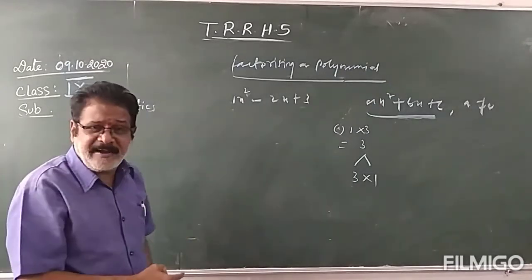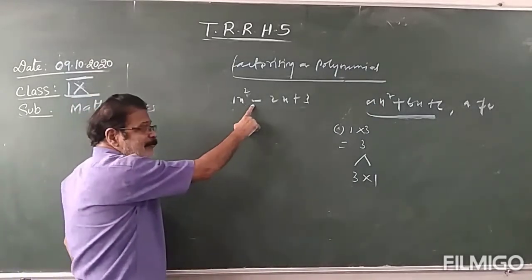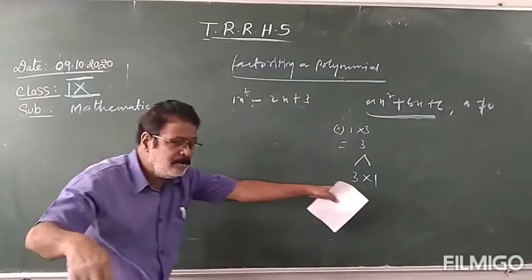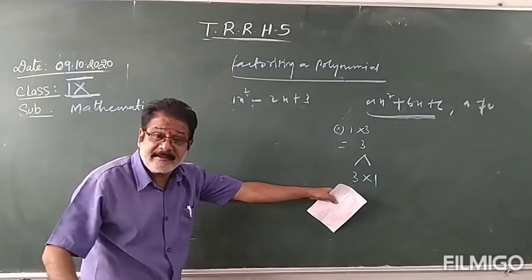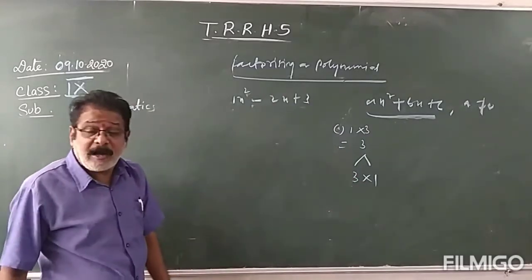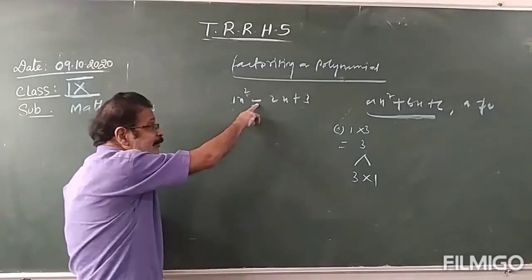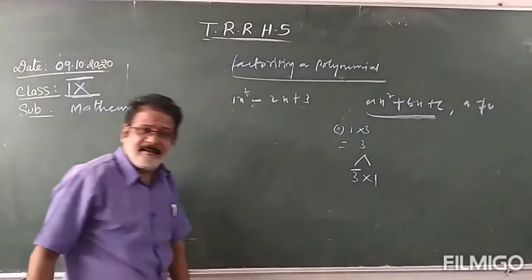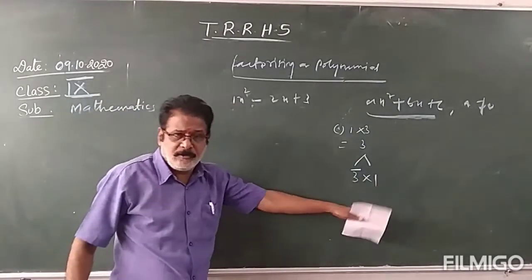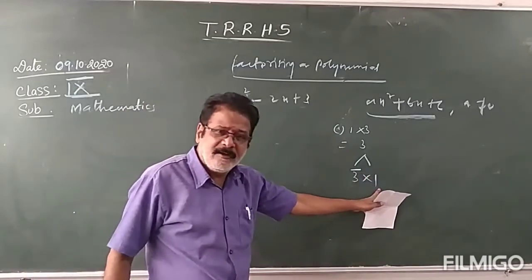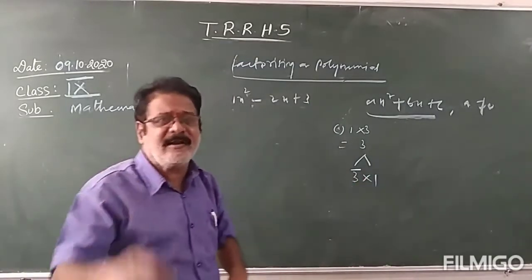3 is the greater factor. You should allot the middle term sign, whatever it may be, to the bigger, larger factor. The larger factor is 3. For 3, what sign do you have to allot? The middle term sign is minus. This minus should be allotted to the greater factor. Now, what about 1? We have allotted a sign to the greater factor. What about the smaller factor? For the smaller factor also, we have to allot the sign.